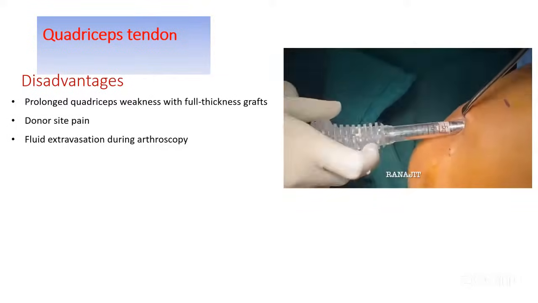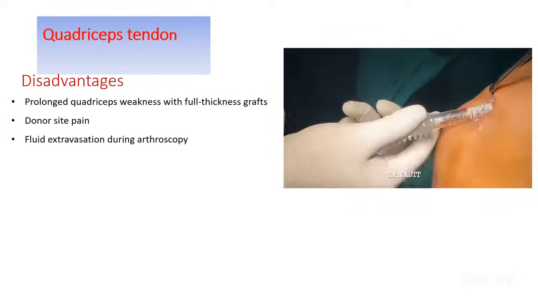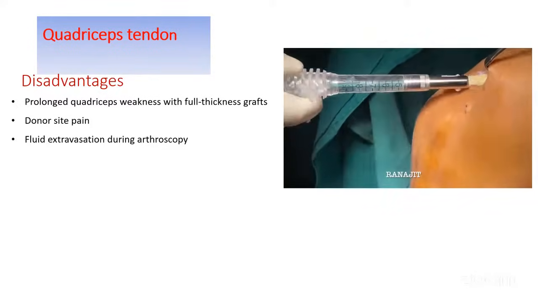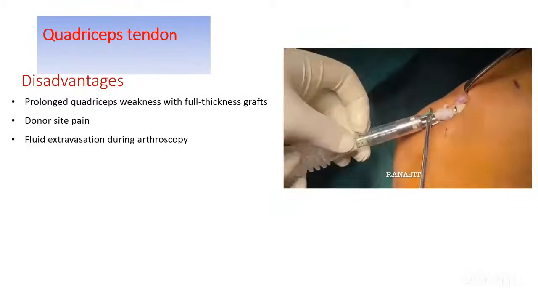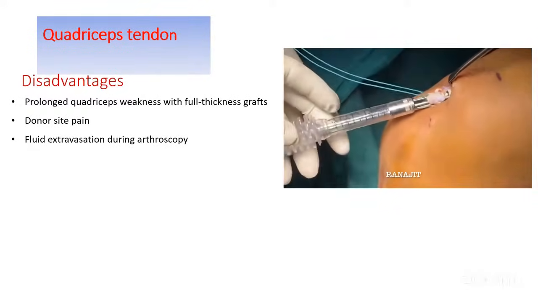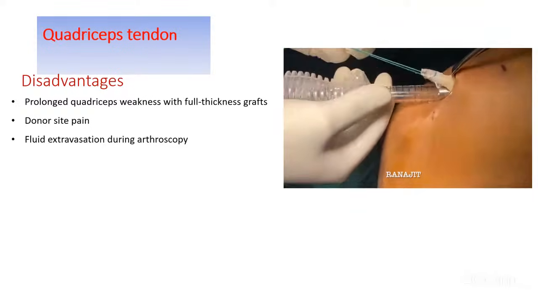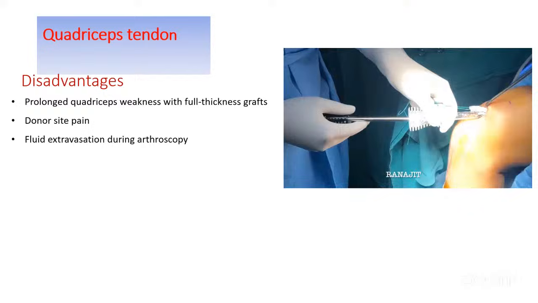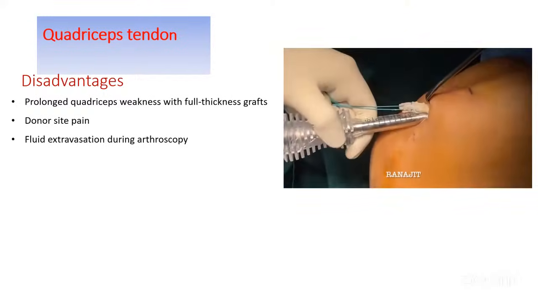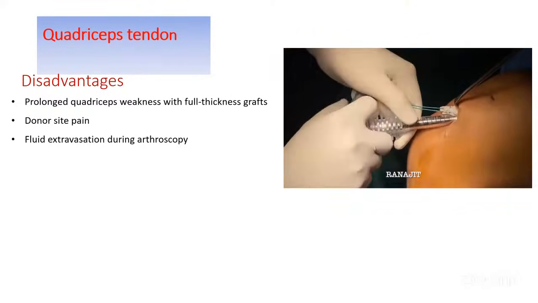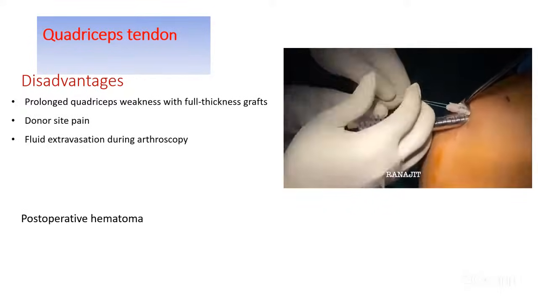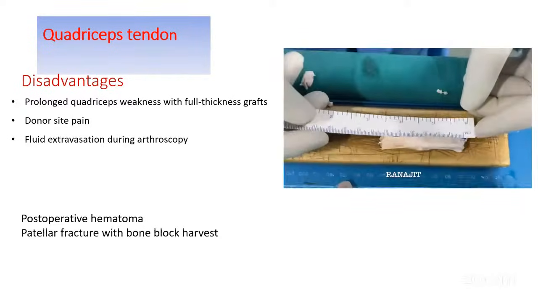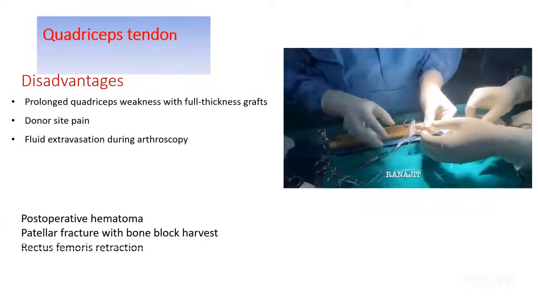you can pass your harvester up to the required length you want, and then you can just withdraw it and then pass your suture through the slit. And once the suture is out through the slit, again you pass your Quad Pro harvester up to the required length, and then with the cutting slit you just press it to cut at the required length. So there are certain complications as well in quadriceps harvest: post-operative hematoma, patellar fracture with bone block harvest, and rectus